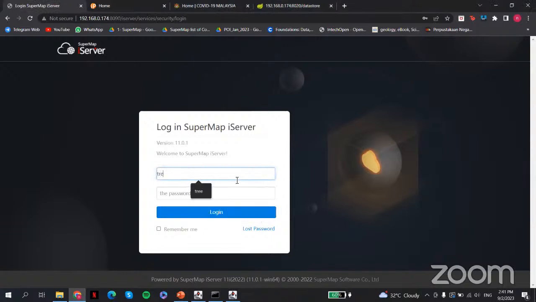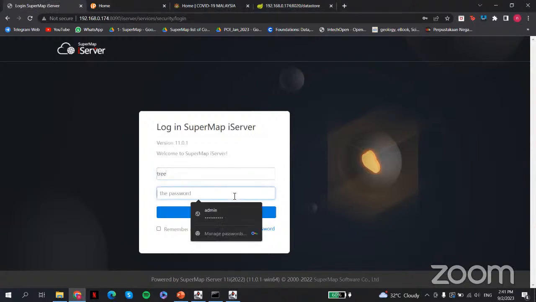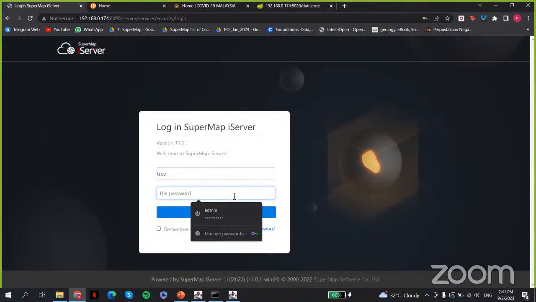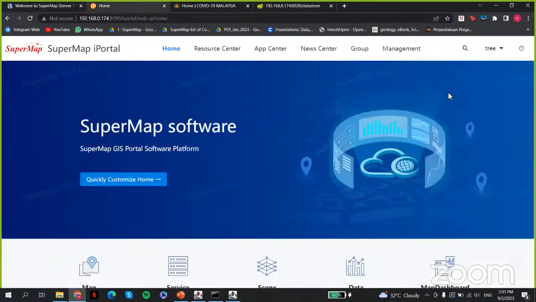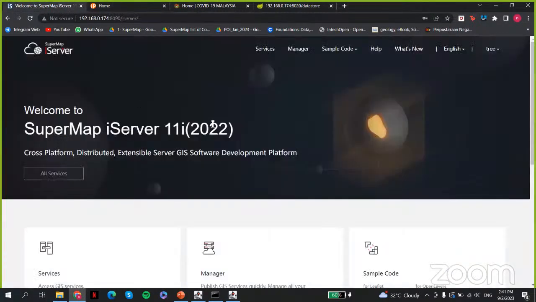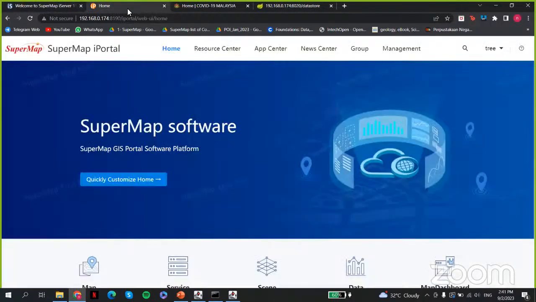Based on the name that you logged in with yesterday, I mean that you already registered your name, so just log in as usual. I already opened this earlier. After you have opened the iPortal server and data store,